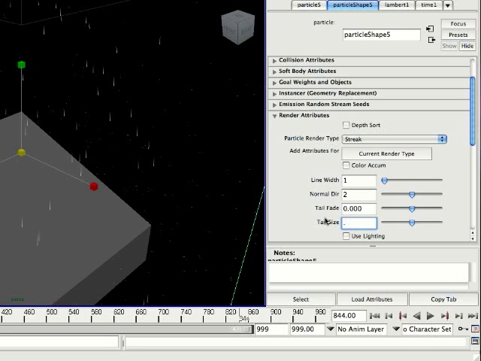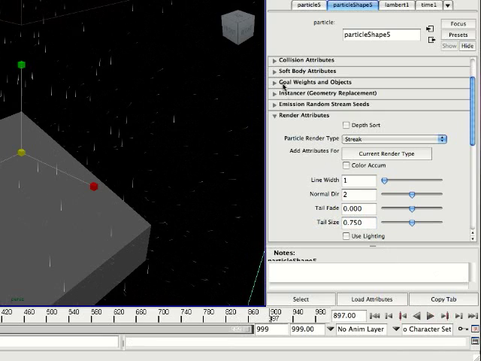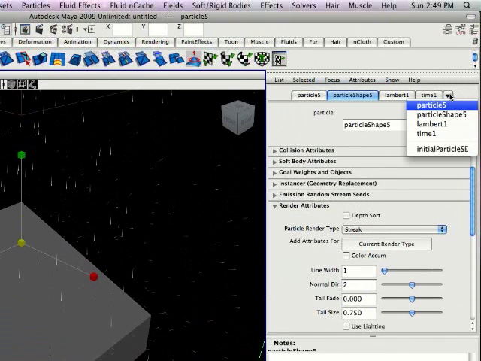So they're not exactly the same size. Maybe 0.75 would look better, but whatever you prefer. Now you can also change the